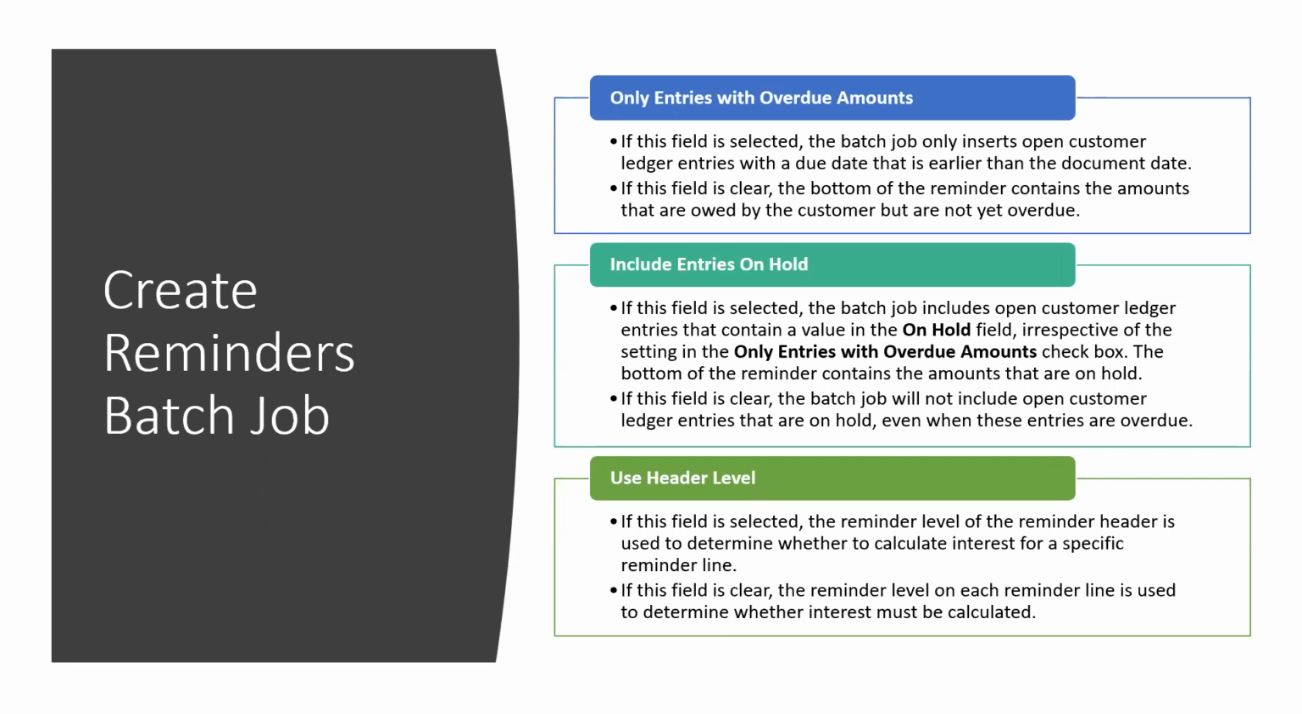Now, the last one, use header level. If this field is selected, the reminder level of the reminder header is used to determine whether to calculate interest for a specific reminder line, right? So you know already that you can apply fees and interests in this case. Well, we can apply interests, very important, on the total amount of an invoice or on the specific line, all right? So in this case, what we are saying is that we are getting very detailed about the invoice information,